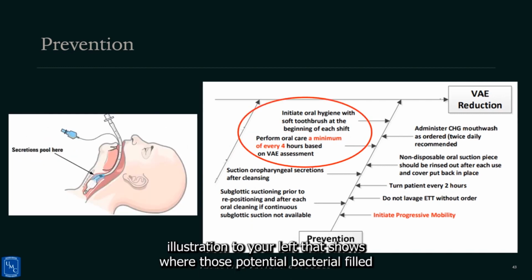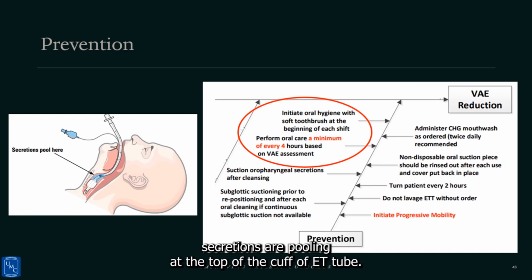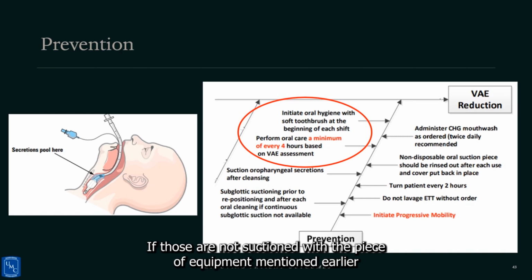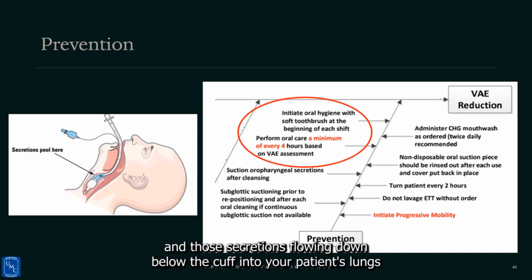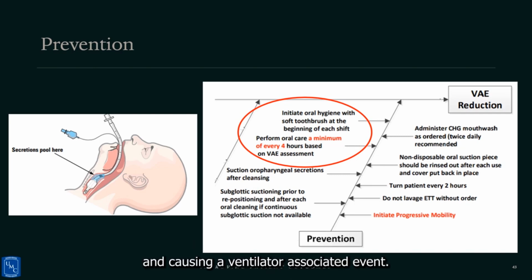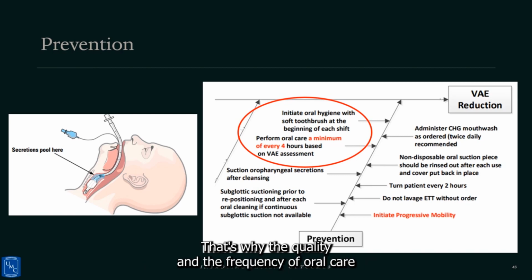Now you see an illustration to your left that shows where those potential bacterial-filled secretions are pooling at the top of the cuff of the ET tube. If those are not suctioned with the piece of equipment mentioned earlier or a continuous suctioning, with each movement you run the risk of the tube repositioning a little bit and those secretions flowing down below the cuff into your patient's lungs and causing a ventilator-associated event. That's why the quality and the frequency of oral care is so very important in the care of these intubated